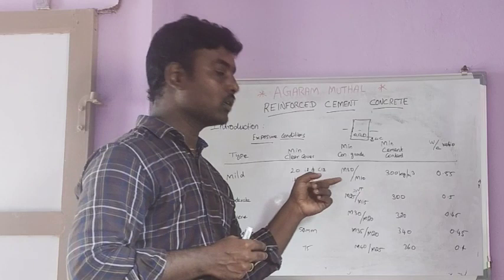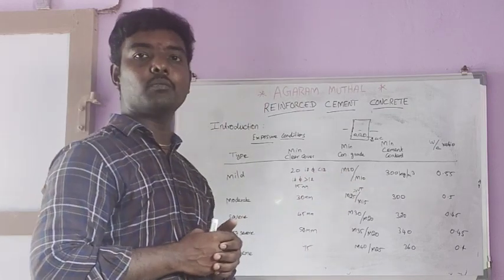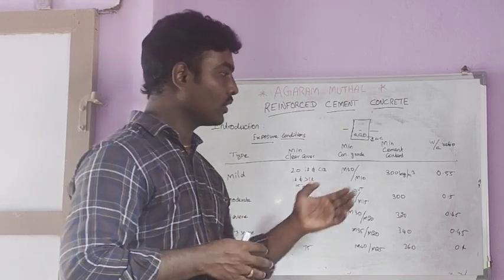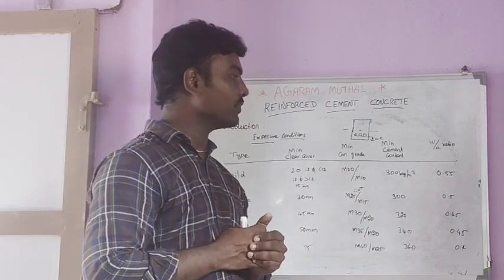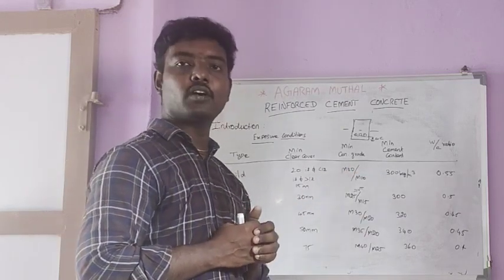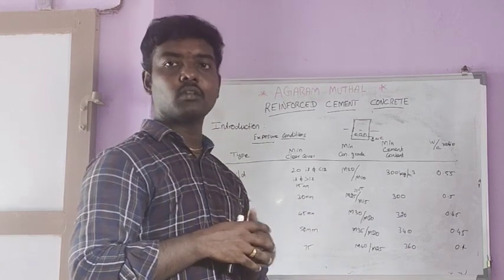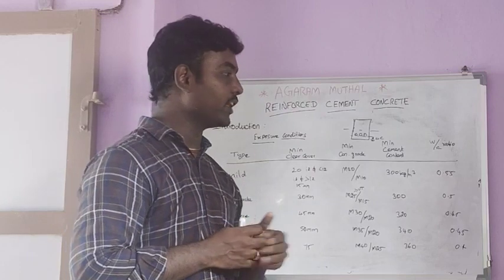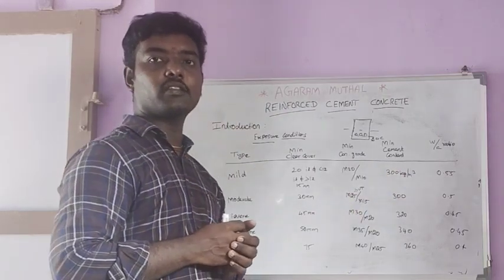We can use M10 at minimum, M20 at maximum, and the minimum cement content used for our mix design is 300 kg per meter cube, and the corresponding water cement ratio